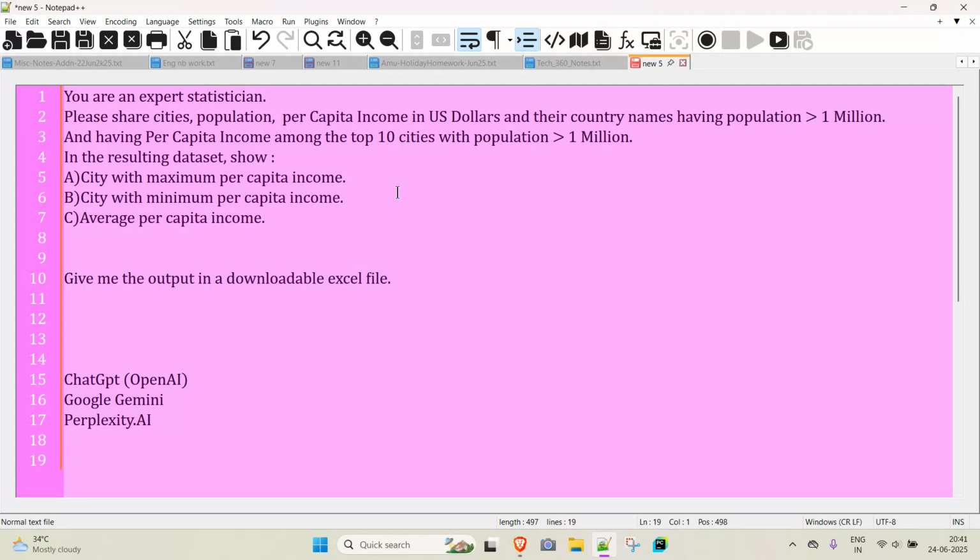Okay. So maybe it will give me a list of the top 10 cities, and then I will want to see who has the maximum in this list and who is the minimum. So it's pure statistics, and then the average per capita income. So among these top 10, just an average. Maybe the average does not mean anything by itself, but it is some kind of measure as a reference point.